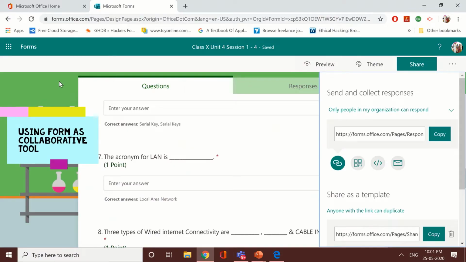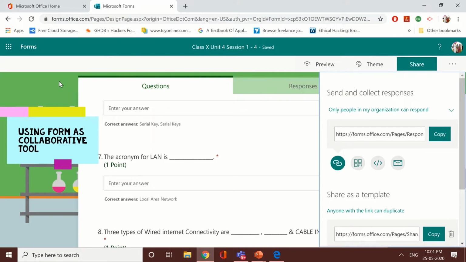Now I am demonstrating the first two tips together. Forms, we have already learned, we have already used forms to collect the responses or to use it as a quiz or a kind of objective type test paper. The issue is when there are more than one section or we want to distribute our test with all the sections, with all the students, but at the same time I want to keep the result of every class separate, the result of every teacher separate.